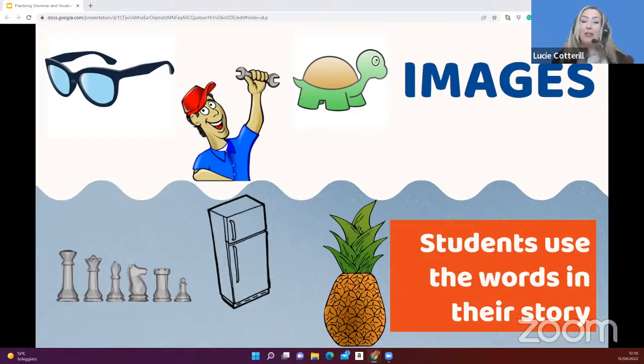And then I put them into groups to write the story. And the winner is the group whose story is the closest to mine. So I usually get them to read their story. And then at the end, I read mine and they can compare them. And we can actually make this even more challenging if we want to get their brains really working even harder.